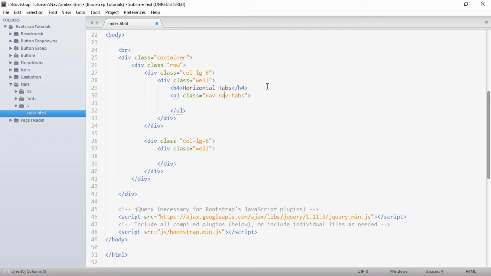Now inside this unordered list we will create a few list items, such as li, and under li we will create an anchor tag, and first we'll give the name home, and we'll just copy this.